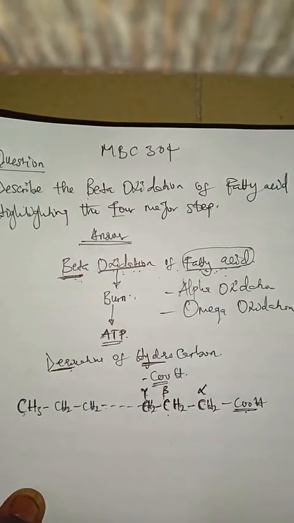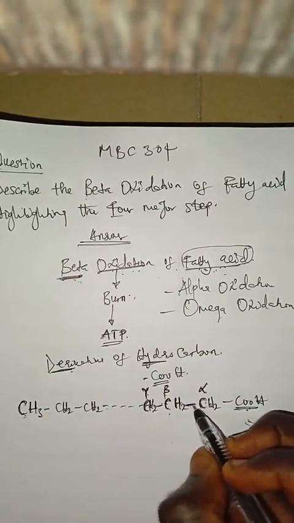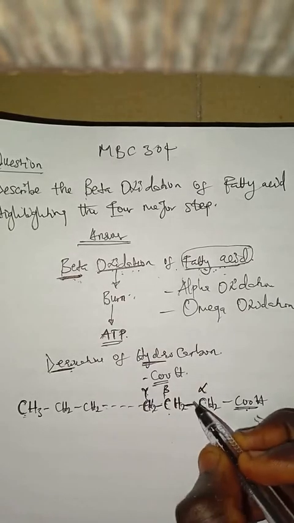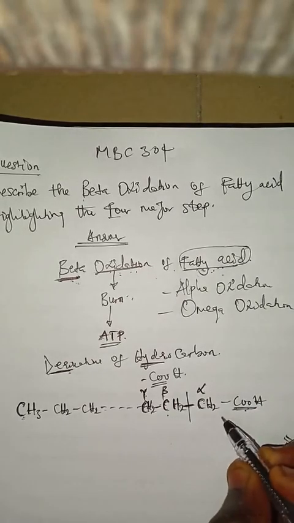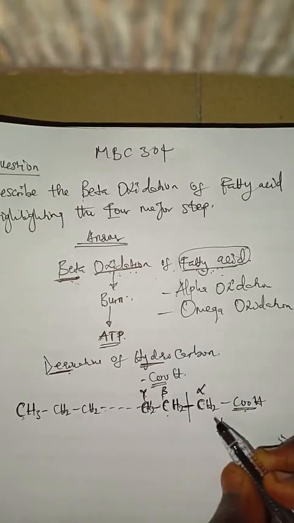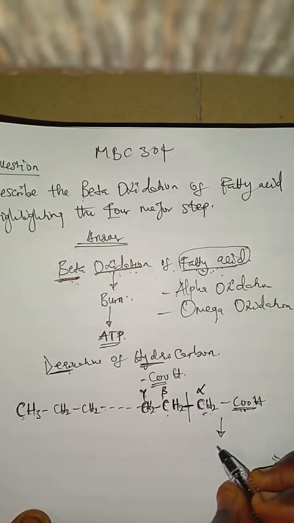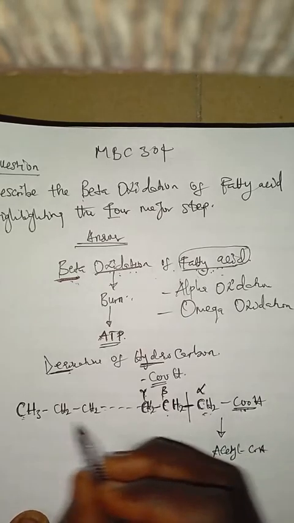But of interest now is this beta position, the bond between the alpha and the beta. This is the bond of interest. This is the bond we want to break. So we're going to lyse this bond, such that when we break the bond, what are we going to get? How many carbon molecules? Two carbon molecules, which will form what is known as acetyl-CoA,